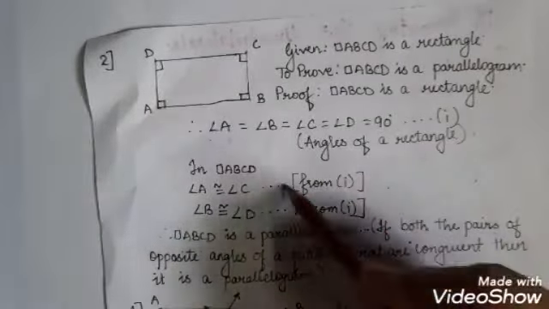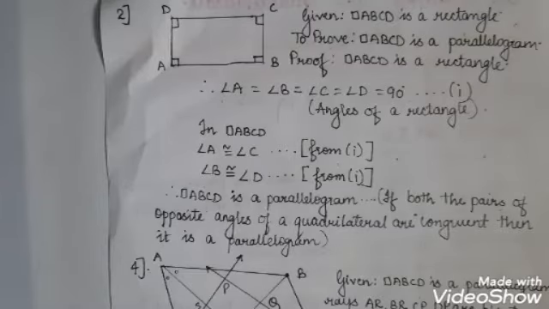Why is it a parallelogram? Because the pair of opposite angles of a quadrilateral are congruent. If the pairs of opposite angles of a quadrilateral are congruent, then I can say that it is a parallelogram. Now next, the third question has been omitted. So just make a note of that. Question 3 is omitted and question 5 is also omitted. So now let us see question number 4. The figure is given to us. You can see the figure.